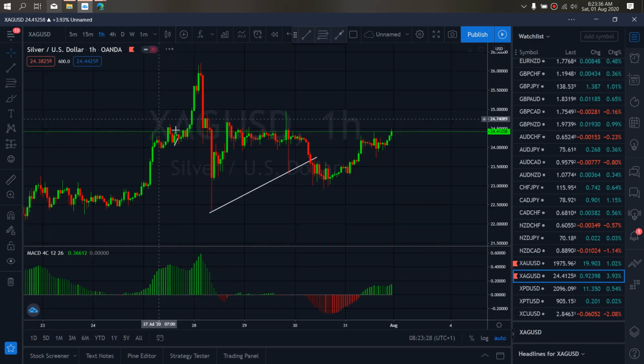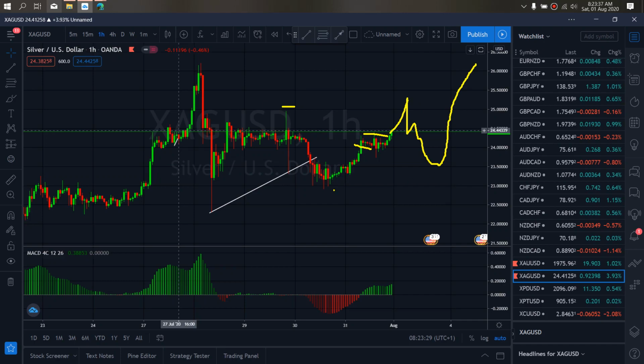Also on the 1-hour time frame, we want to watch out for that. This is a slow buy setup, so we expect this to retest this top and potentially come back down once again before it will climb back upside. So we want to look at